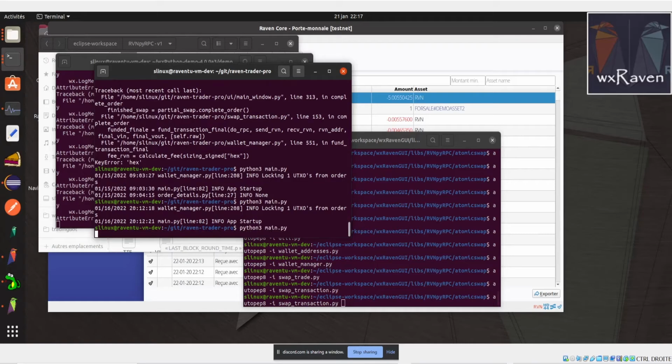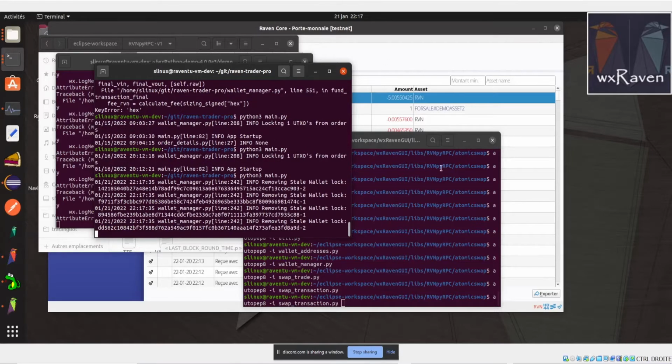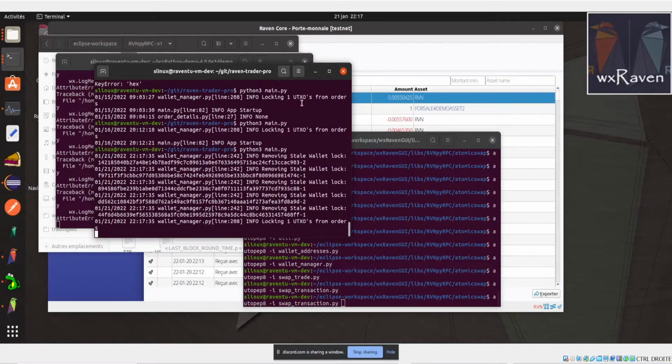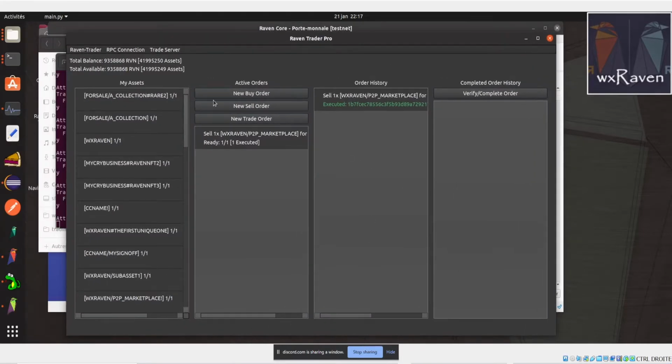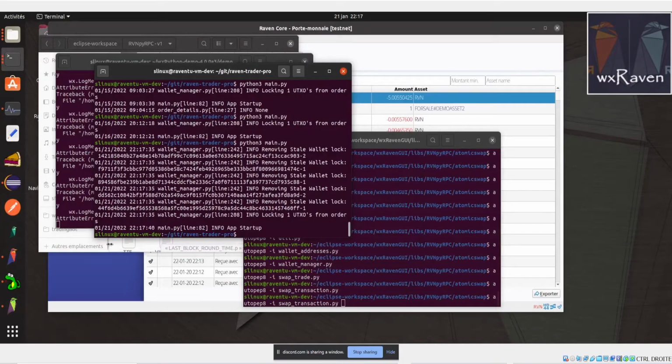We had this RavenTrader, which is exactly the atomic swap part of the tool. So everything that you see in the atomic swap that I have implemented on wxRaven is coming from the job that Ben did first to analyze how to create those atomic swaps. And what I did is just replace the server and replace the GUI with something more